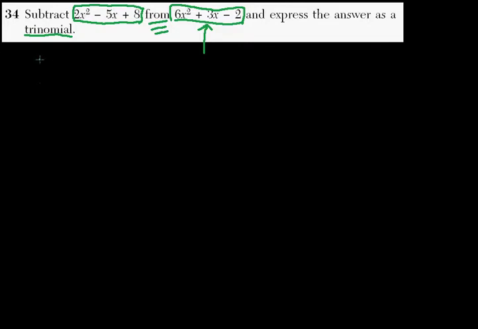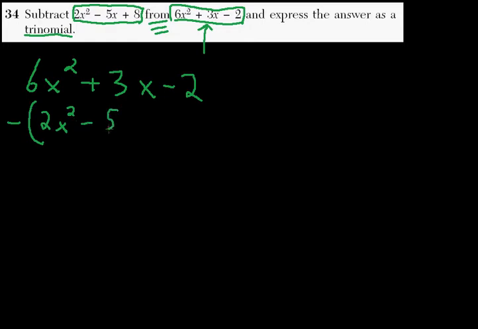So we have 6x squared plus 3x minus 2, and from that we want to subtract 2x squared minus 5x plus 8. And notice how I'm writing x squareds under x squareds, x's under x's, and constants under constants. Okay, now because I'm subtracting